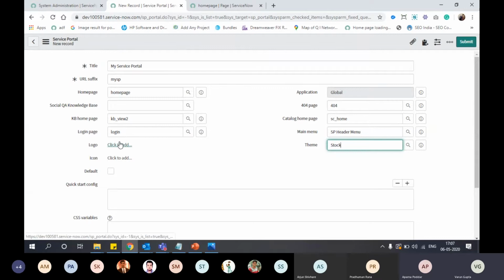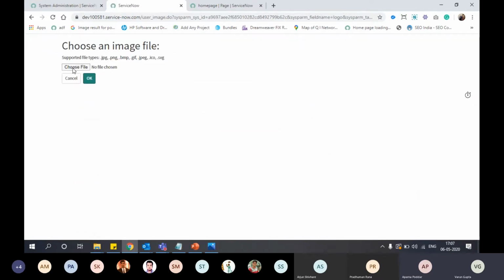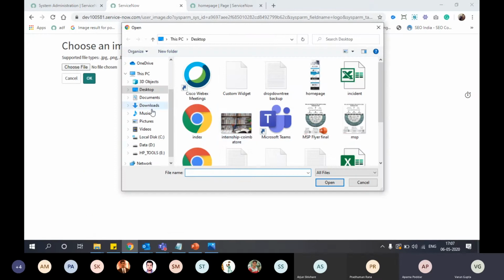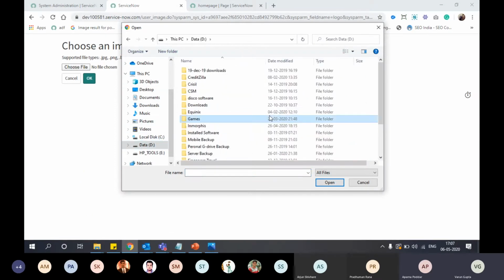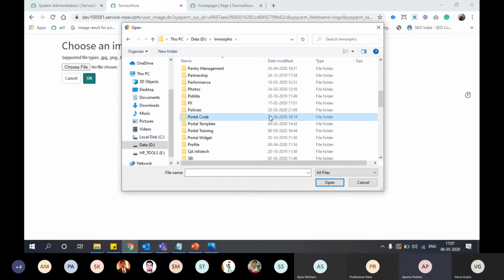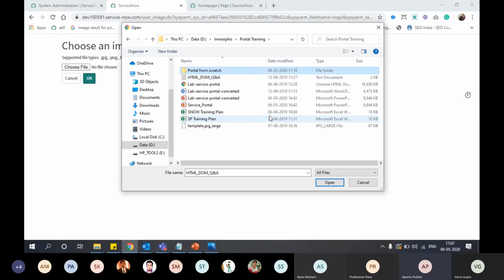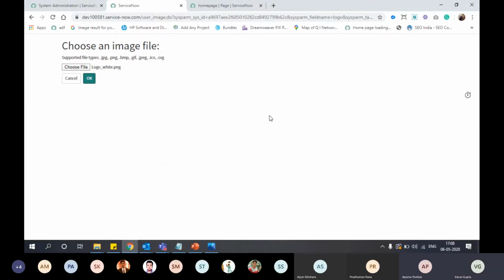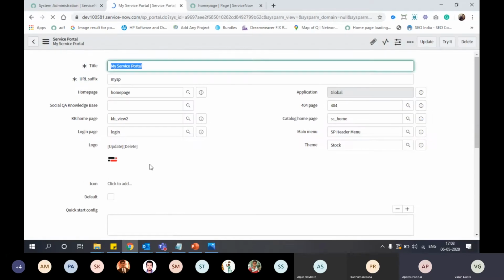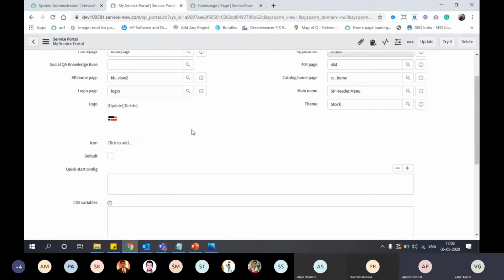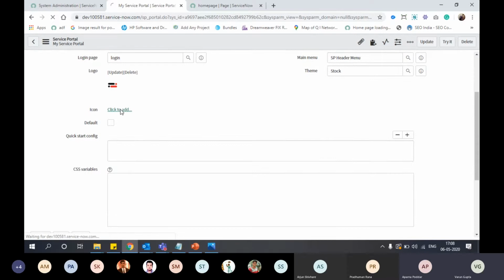Using the stock theme. Now I will update the logo. Updated the logo and this icon.